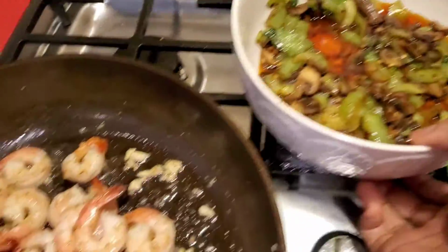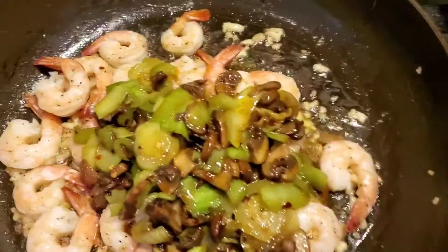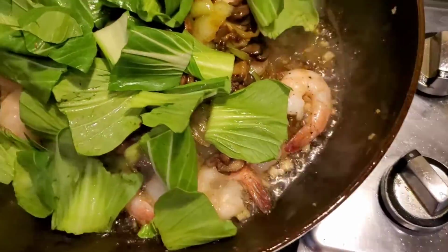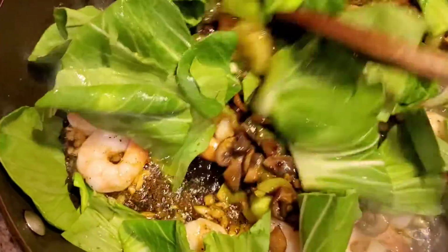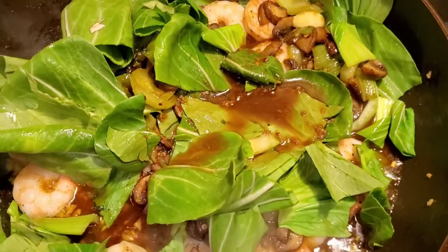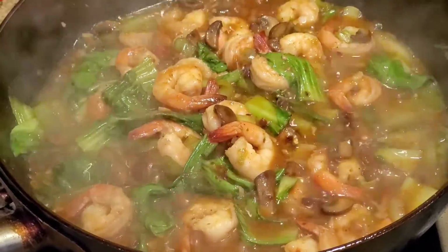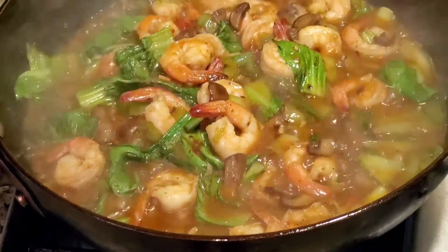Here are my cooked vegetables, and it's time to add the cooked vegetables and the bok choy leaves. And also the sauce. Let's add the sauce. And let it cook for 2 to 3 minutes. So after 3 or 4 minutes, it's looking like this, and I'm gonna turn the stove off, and serve it